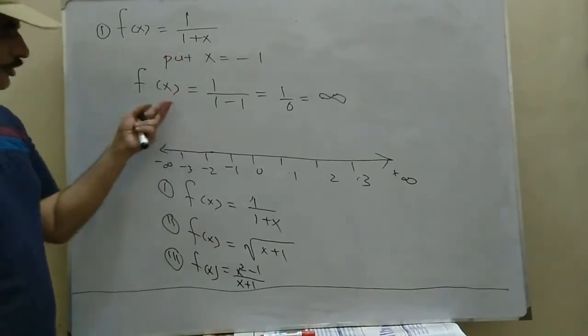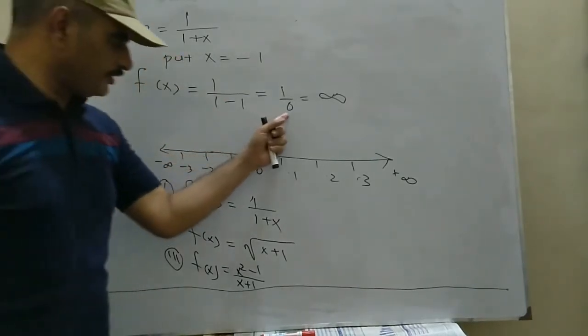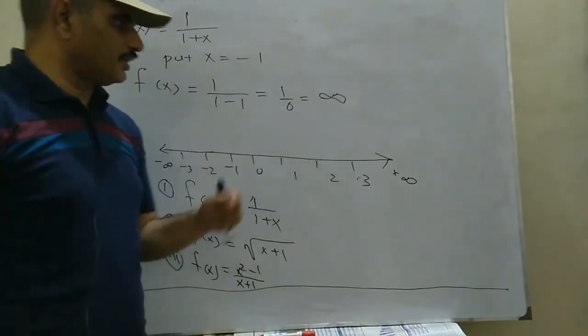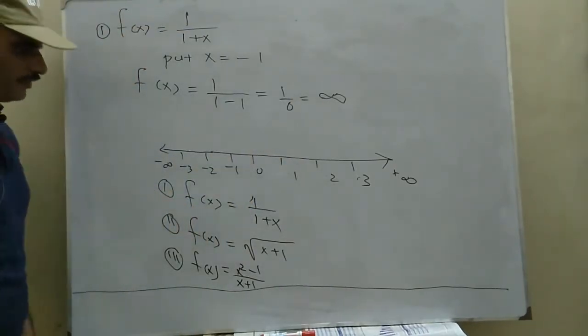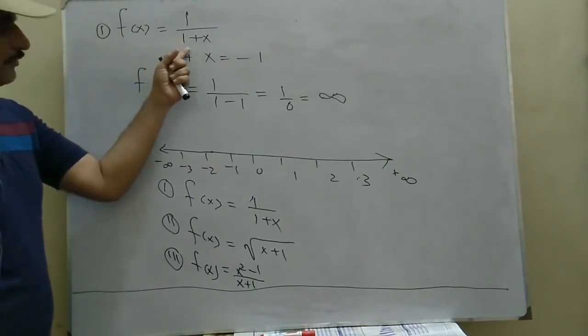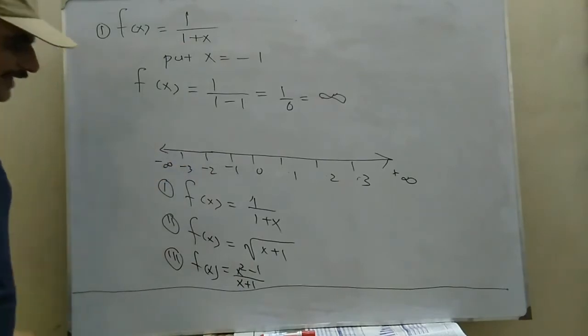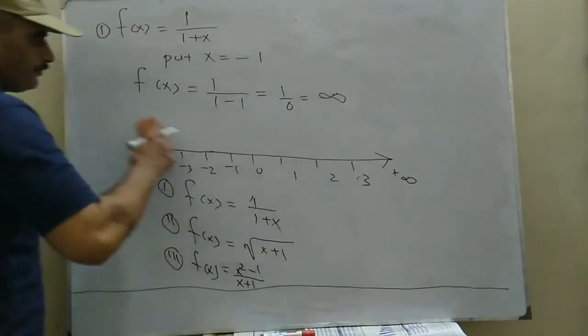Here I have shown the example. If you put here minus 1, the result is 0 in the denominator, and the value will be undefined. So whenever you are dealing with a rational expression, avoid such values for which the denominator becomes 0. Secondly, you remember,